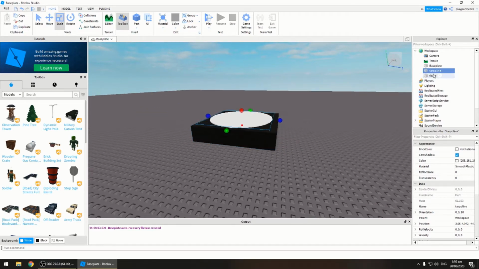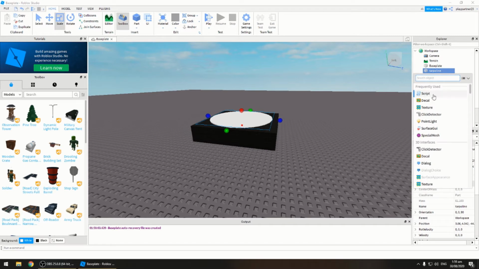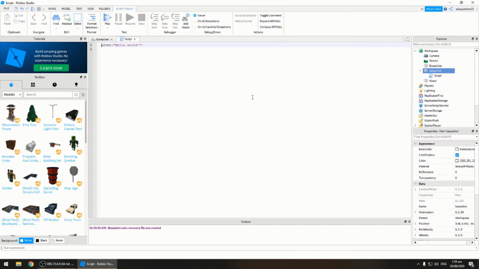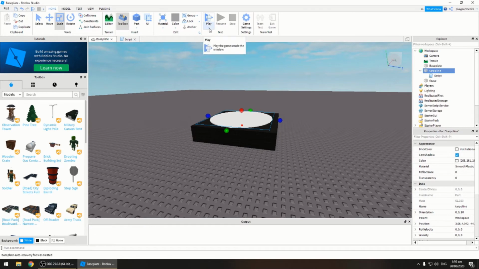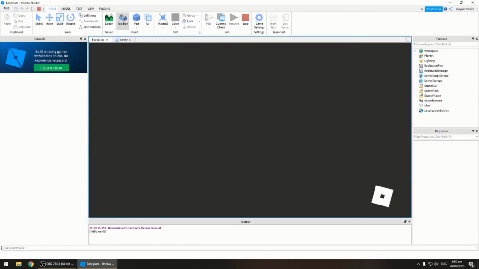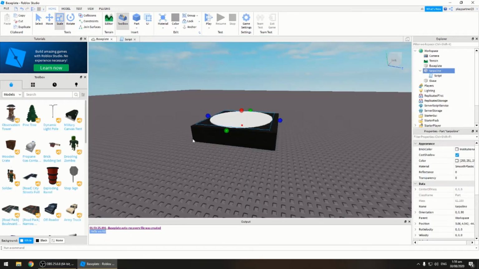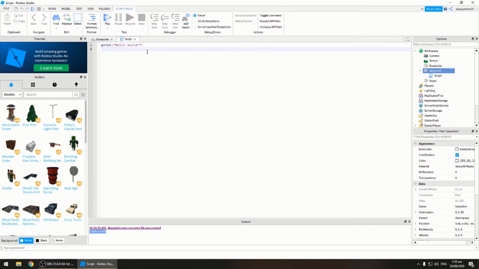All right, go back to your trampoline, click on the plus sign, then click on Script. By default, this print hello world will be there. And if you test it with F5, sure enough, it does print the words hello world. Okay, but I'm going to remove that. Just delete this, and we want to type